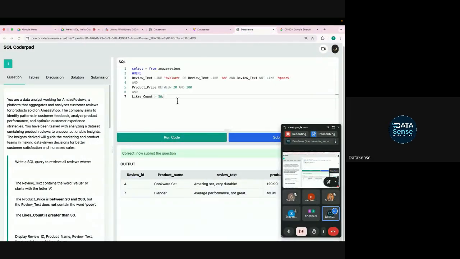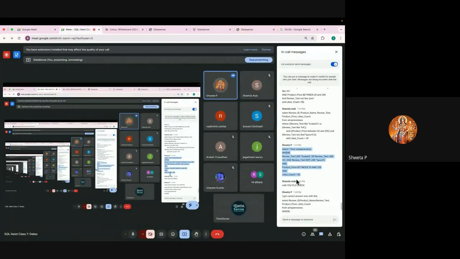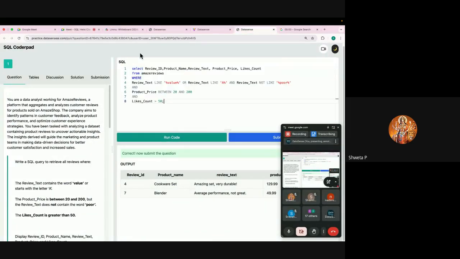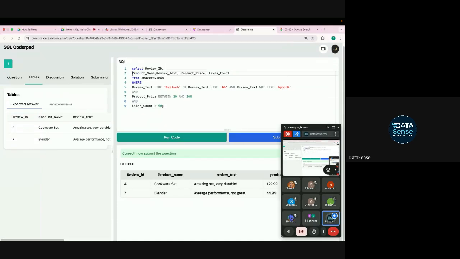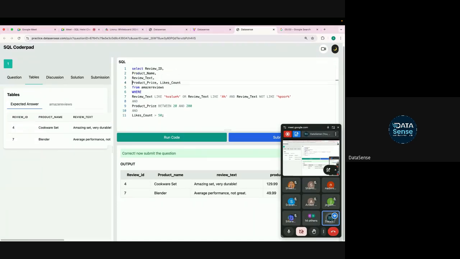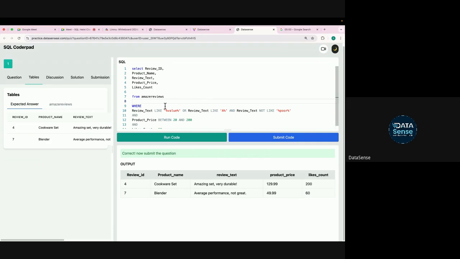So you're doing select star from this. You're selecting all the columns. No, sorry, wrong. The latest query which I pasted, can you paste that? Review ID, product name, review text, product price, and likes count. Okay, from Amaze Reviews, where review text like this, or